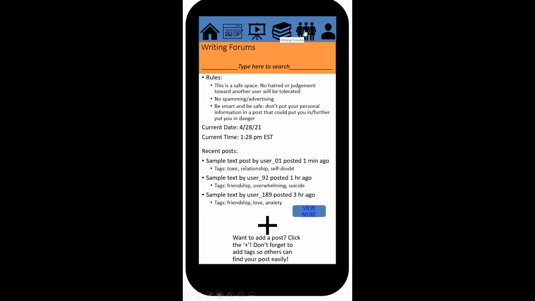And then finally, the last part of the app would be the writing forums. There are rules to these writing forums. It's a safe space, like there won't be hatred or judgment. You're not allowed to spam or advertise. And obviously, I want these people to be smart and safe. So other than